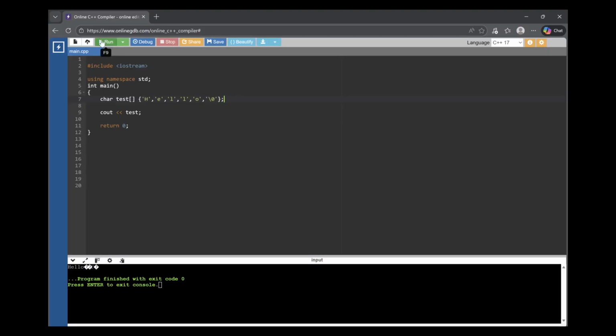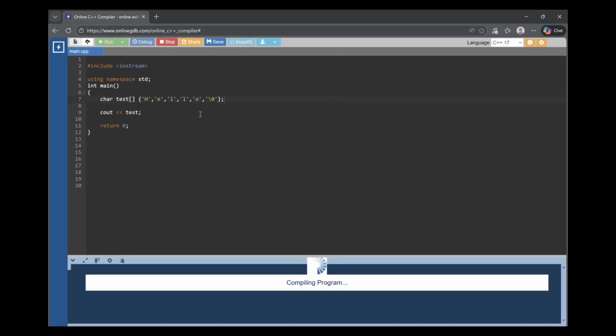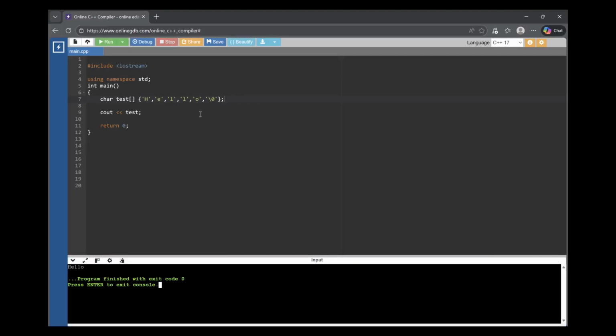So basically, run the test again. There we go. It prints it out perfectly fine. The video basically said that if you don't have this at the end of a character array, it will just print out random stuff until it decides to stop. There is something you can do so you don't have to put this at the end, but you'll have to specify how big the array is here. So basically, if we erase this right here,